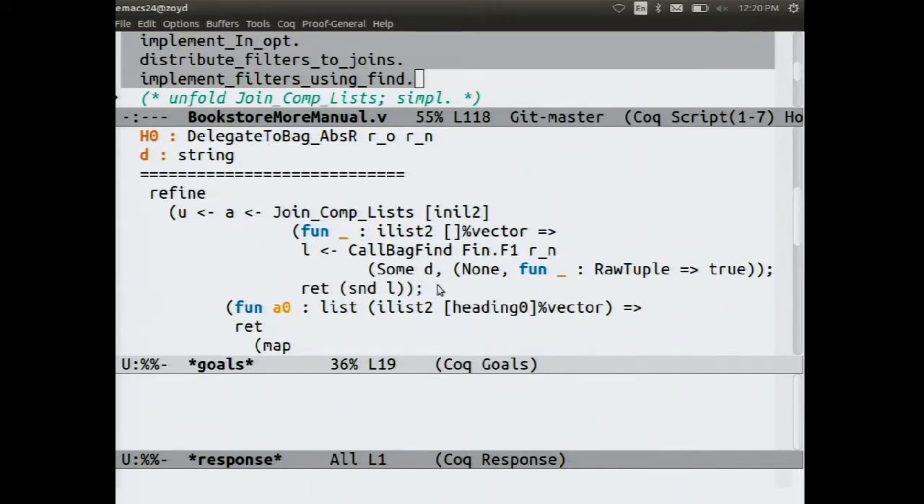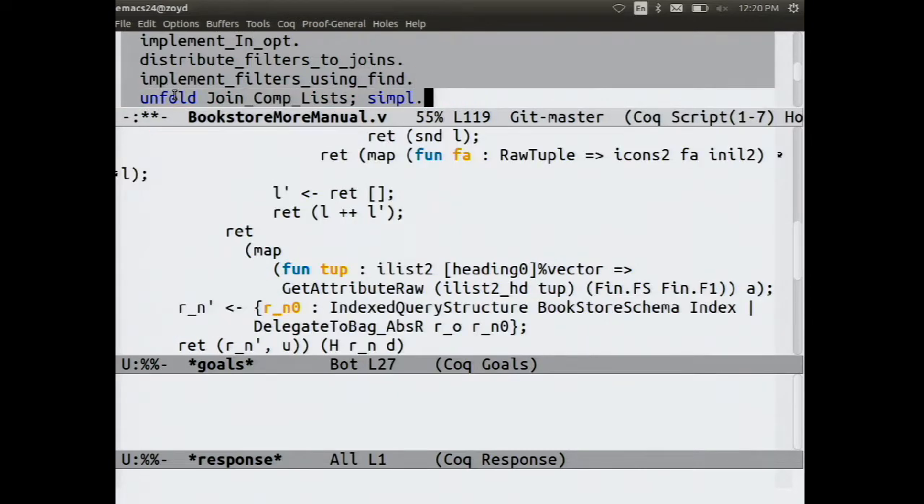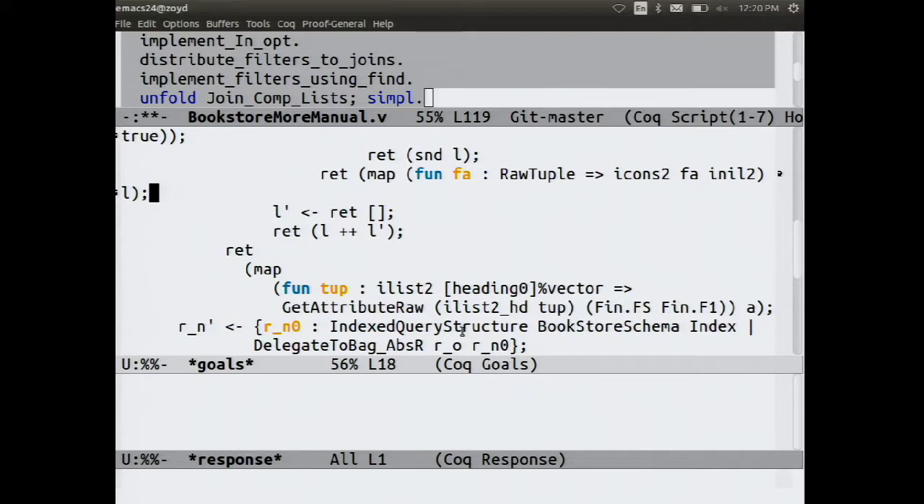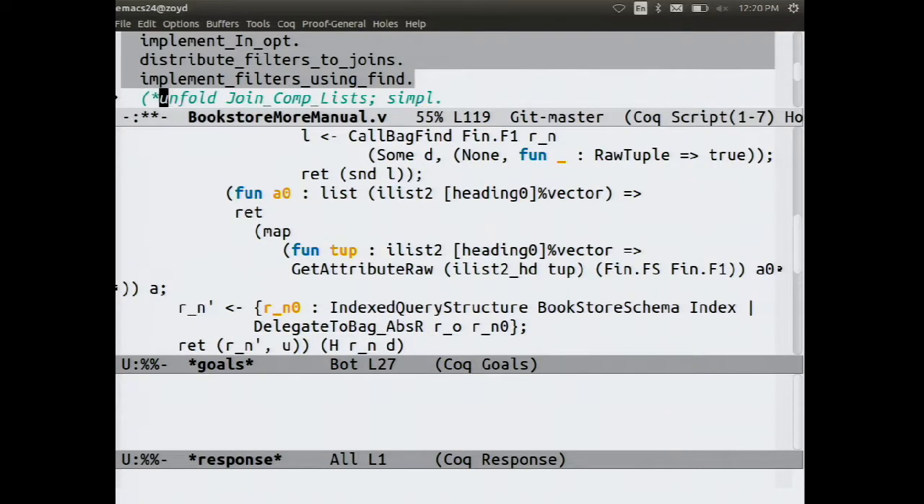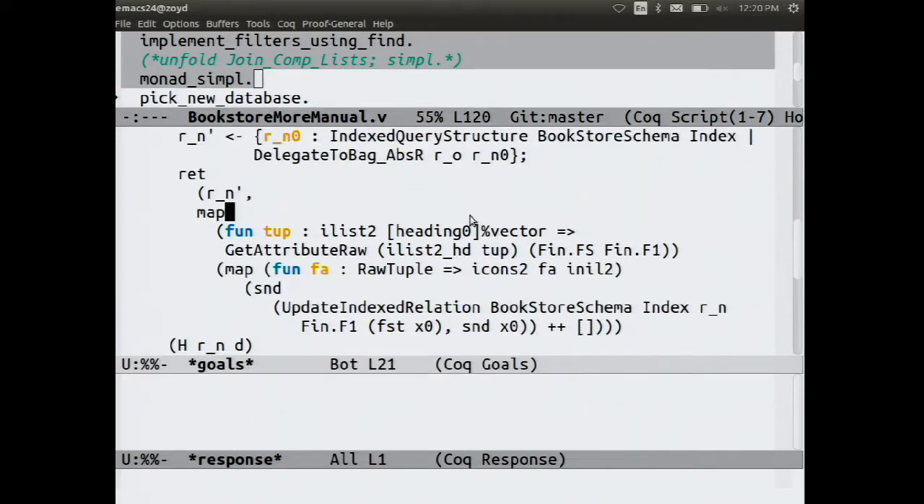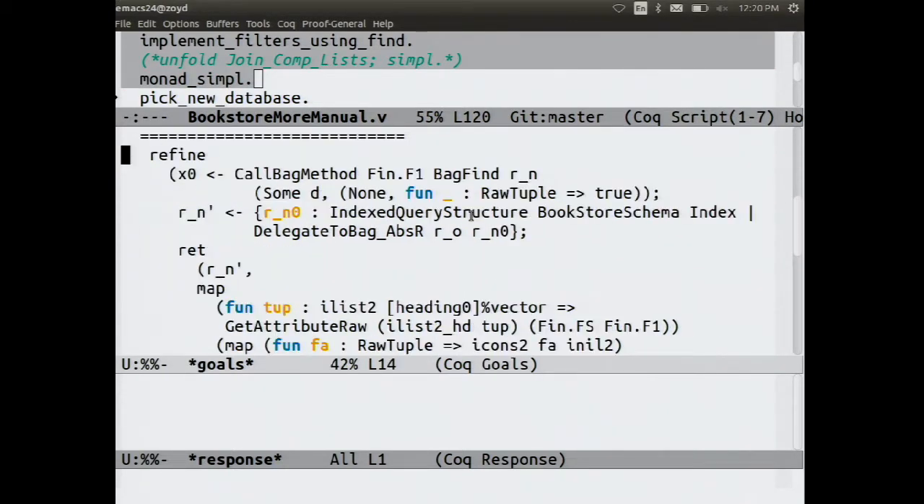And I can make this look a little nicer by unfolding the definition, or at least make it more clear what's happening. Not necessarily nicer. There's a find operation followed by a map operation followed by a bunch of other stuff. But that actually, I'll hide again. Now let's run the monad simplification laws. So bring this down to the point where we're calling the method to find the list of all the rows that match this condition. And that's basically the answer, x0, that we can return down here,